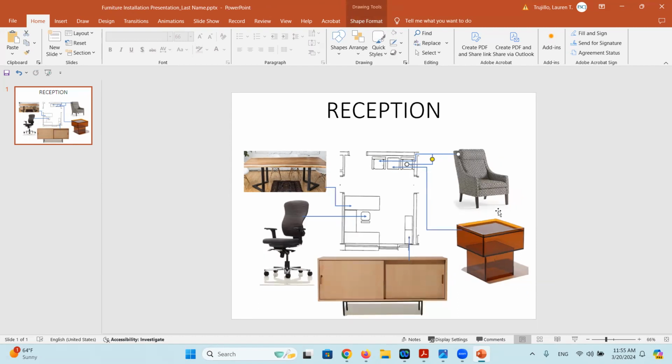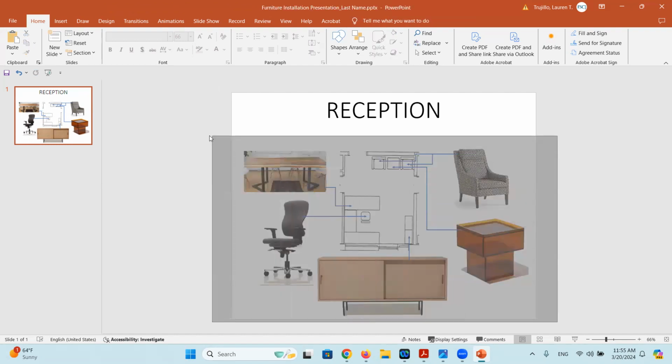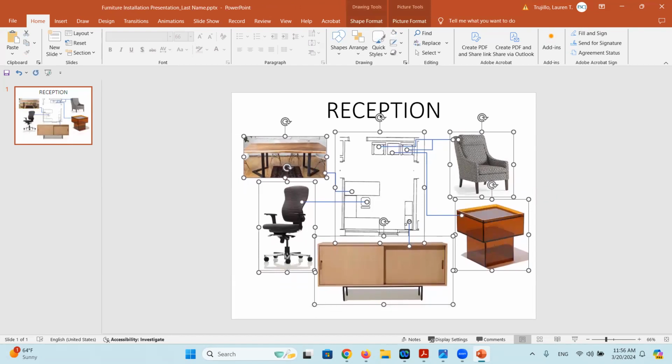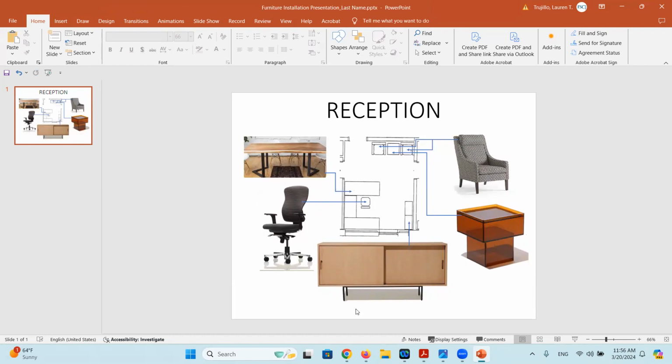And then when we zoom out, you can see that we've got most of the slide filled up. I'm going to grab all these and I'm going to shift all of them up. And the reason why is because I want to leave a little bit of room at the bottom and consistent margins around, just in case any notes or anything needed to be added. This isn't something necessarily that always happens, but we want to leave the designer a little bit of room. Just if we've got it, might as well design the negative space on this piece of paper so that the designer has the room to make notes.